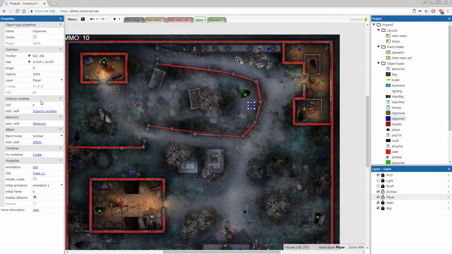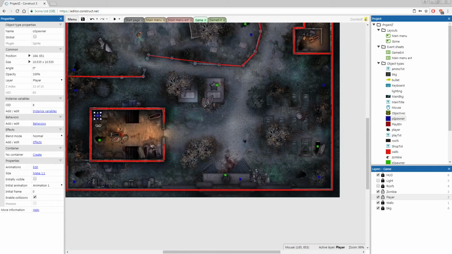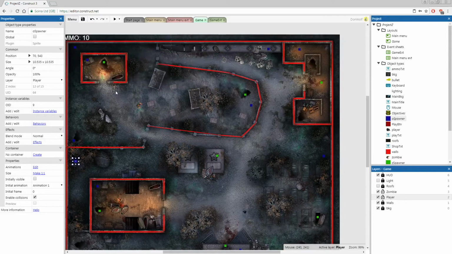One more for 11. Cool. So once you have your spawners down, and you've correctly numbered them from 0 to 11,